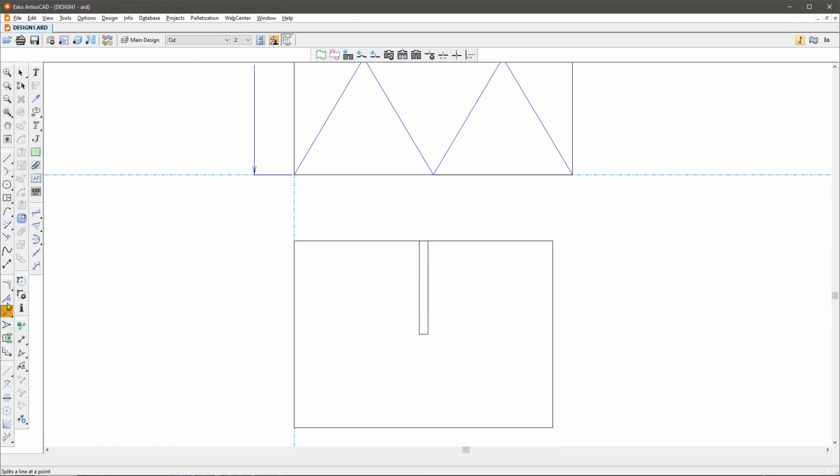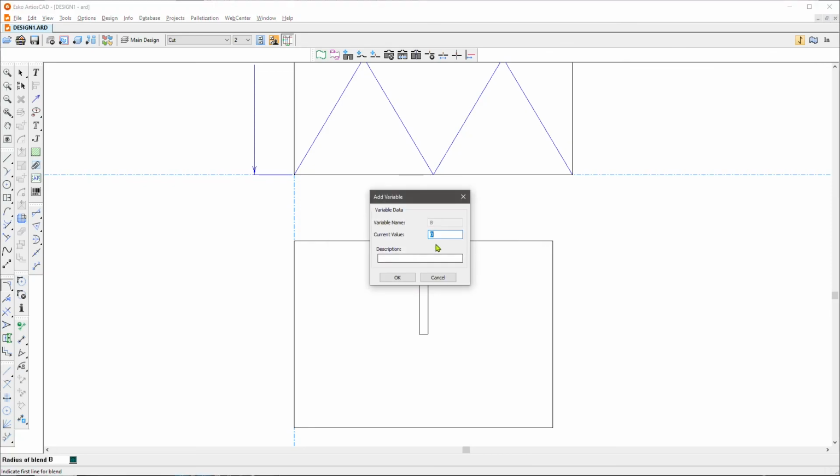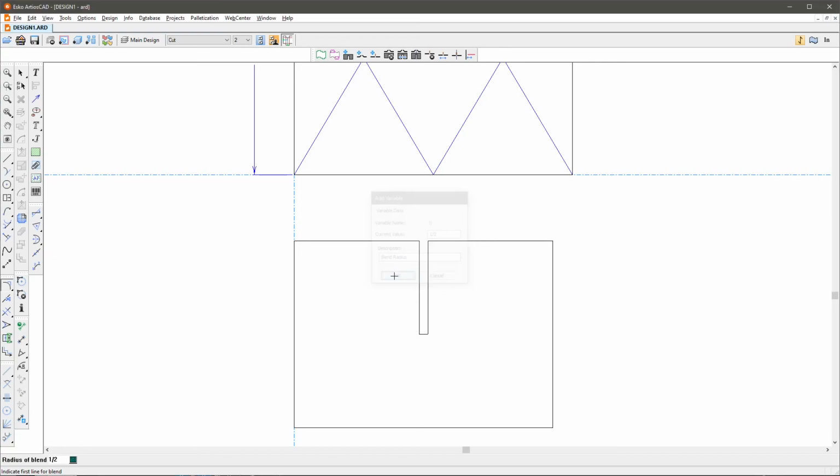So what I recommend is using the split tool. Split this line on that point, and at that point you could either trim to this corner, or you could do a radius. So I'm going to blend it, but I want the user to be able to adjust the radius of this blend. So I'm going to call it B, and I'm going to define a new value, 0.5 blend radius. And now I can do this,